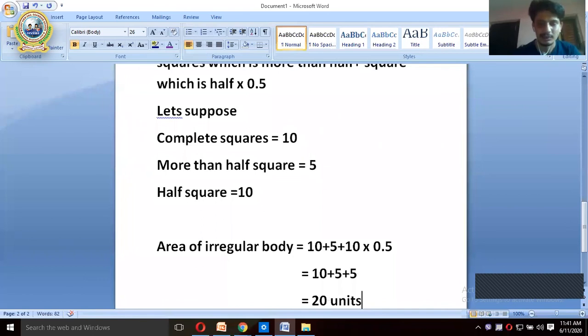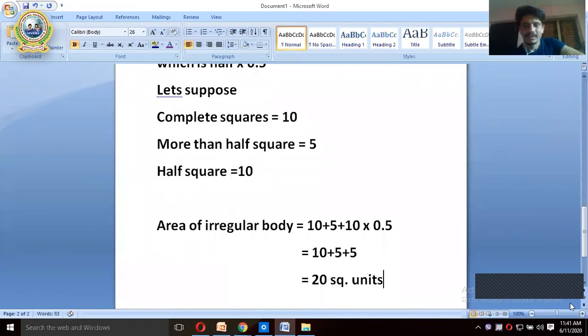20 square units. So that is the final answer. So students,